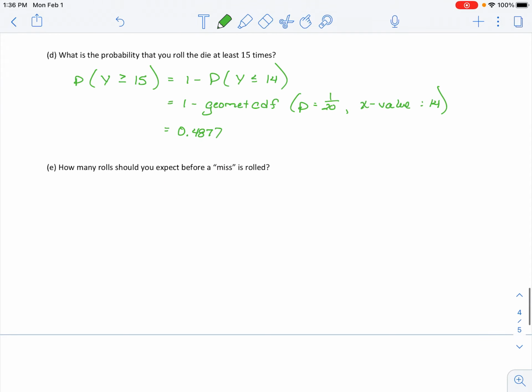And then again, it asks about my expected value. How many rolls should I expect before a miss is rolled? When it's geometric, you have a different formula for this. It's just the reciprocal of your probability of success. So 1 over 1/20. So we should expect 20 rolls